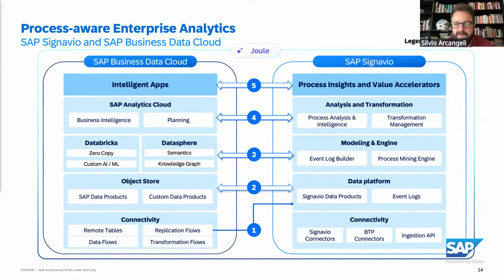So SAP Business Data Cloud introduced this concept of intelligent applications built on top of BDC, which is ready-made analytical content for specific business use cases. We are looking at packaging some of the Signavio content also in that shape, because if you look at what today is delivered in Process Insights, it's not technically packaged as an intelligent app, but it's actually the most widely adopted and the most successful intelligent app that SAP has ever built in terms of customer adoption and clear success, because that's really the perfect example of what an intelligent app should be in terms of providing pre-built analytical content.